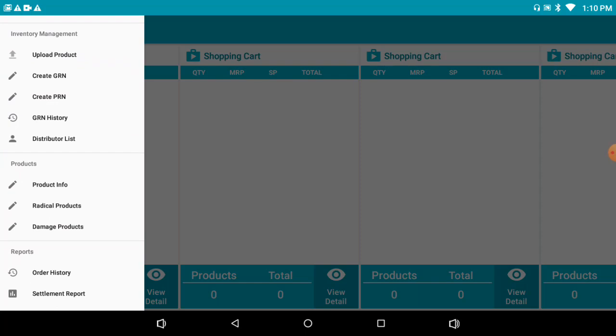This GRN is generated by a distributor when they supply their list of items to a shop. There's a bill which is sent along with the items. That bill has the complete details of the items sent to the shop, like the product price, the purchase price, the MRP, selling price, stock, GST details, and HSN number.